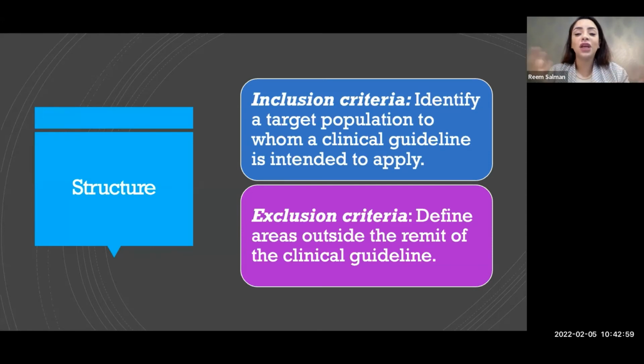So what are the advantages and disadvantages? If you audit retrospective data, the advantage is the data is there. So you don't have to really wait for things to happen. It's already there. You just go back and collect it. But then the disadvantage is sometimes there is missing information that you want in your data collection sheet that is missing from the actual retrospective data. And this could create some problems when you analyze your data.